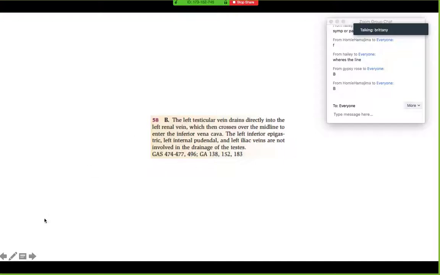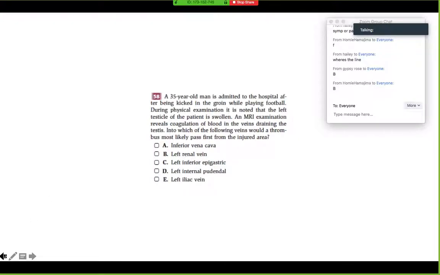Right, so the correct answer to this one is B. The left testicular vein drains into the left renal vein. Left testicular also referring to left gonadal. And I think this was on your last exam, right? Okay, so